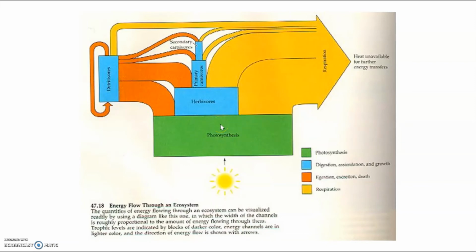Some of that energy is then still inside the plant in the form of ATP, but some of it is lost in respiration. Again, the same in herbivores. Some of the energy is used in cellular respiration, and only some of it is then available and can be eaten by the consumers on the next trophic level. And on every level, some matter is also lost and decomposed by the detritivores and saprotrophs over here. And they would then also release some energy in the form of heat. So again, only 10% of energy is transferred to the next trophic level.